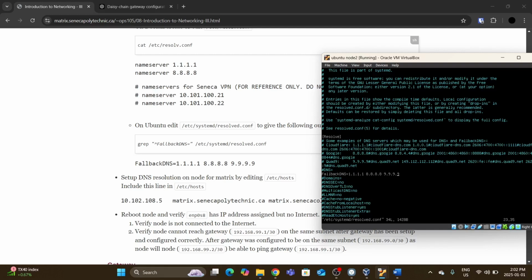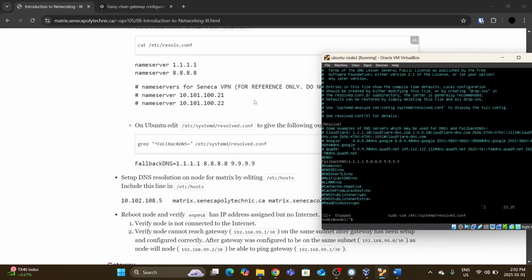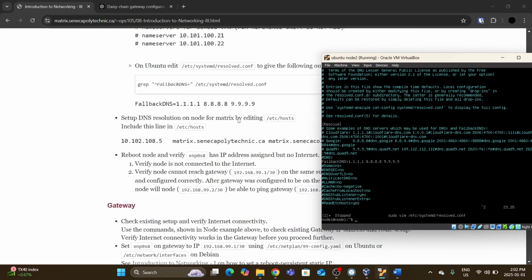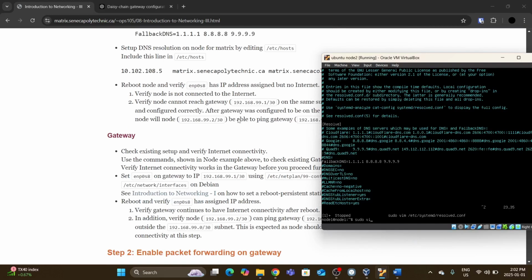To save with Vim, you also know this. So I'm not doing that because we did that before. So save with Vim, and after you save with Vim, sudo vim slash